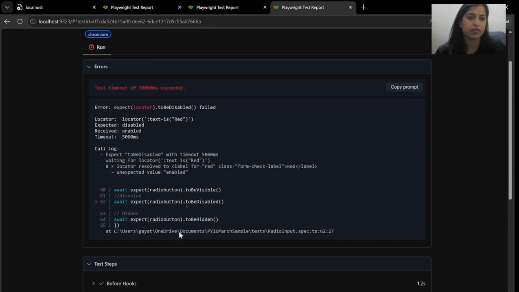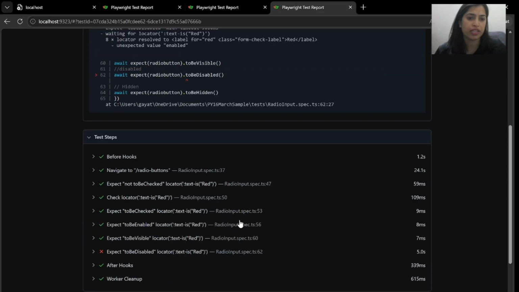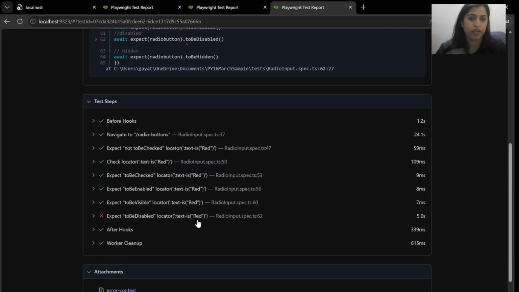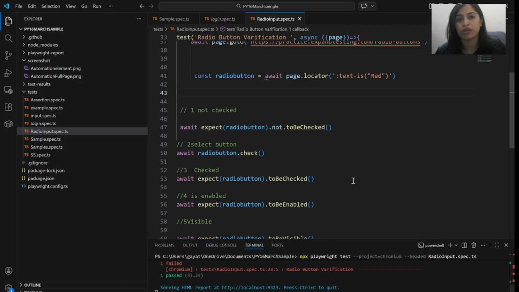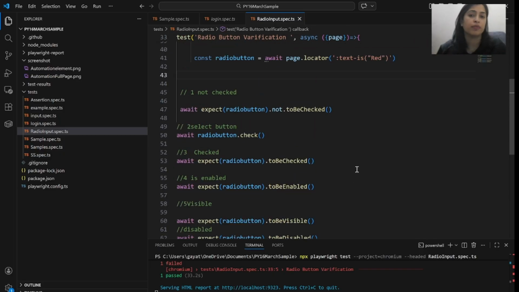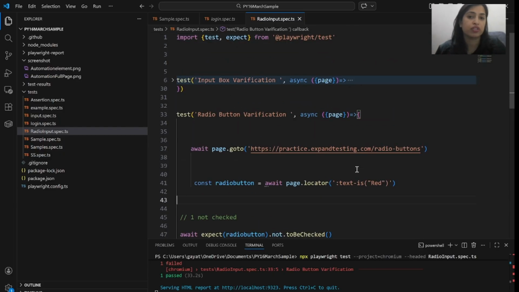And here, as expected, this got failed, but that's okay because we expected this to fail, to be disabled, because we are using to be visible and to be enabled here. So it got failed. That's expected, absolutely. And the rest of the validations also got passed. So this is the correct way to automate your input box and radio button. And in this way, you will be doubly sure that whatever script you have written is working absolutely fine.